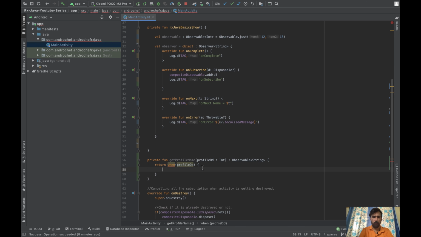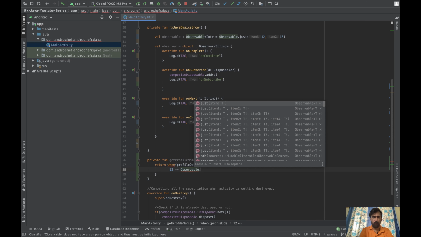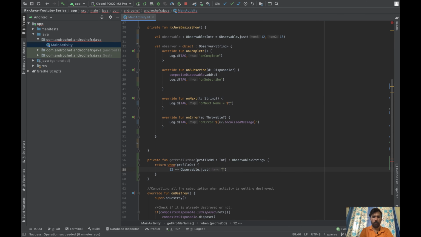Then we will return, so we will add if conditions. Let's say if the profile ID is 12, then return observable dot just, and in that case my name will be HappySing.